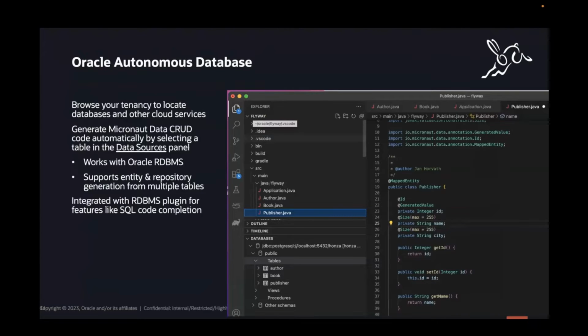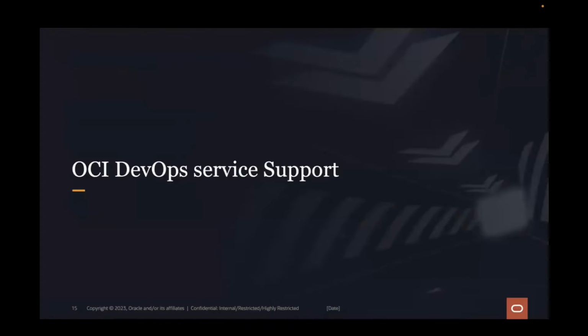I talked a little bit earlier on about how we can take an Oracle ATP database with a schema in it and generate classes. We're going to be doing this using Micronaut Data, which is a part of Graal Cloud Native, because Graal Cloud Native is a curated set of Micronaut modules. That's one of the key features in our Micronaut support, this ability to take an existing database schema and from it generate classes that represent the tables inside your database. So we'll have a look at this in one of the demos. Next slide, please, Sachin.